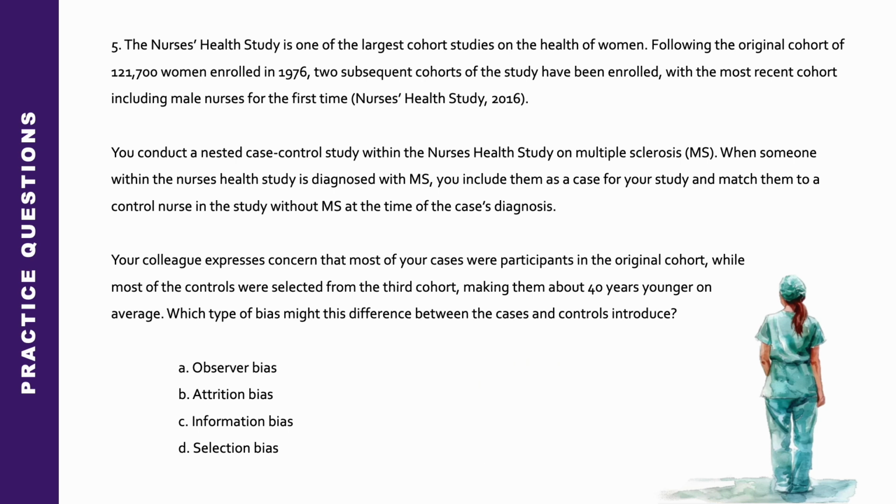In a nested case control study, selection bias can occur if the cases and controls aren't selected from the same underlying cohort, or if the selection process is influenced by the exposure status. Such differences can lead to a non-representative sample and can impact the study's validity by skewing the association, possibly leading to an overestimation or underestimation of the true effect if one existed.